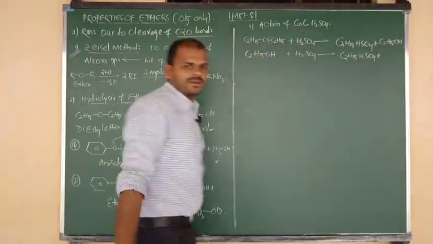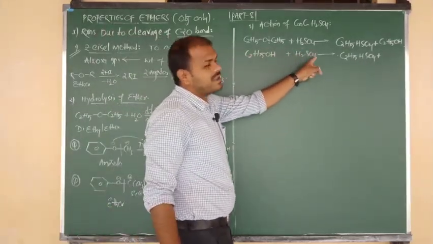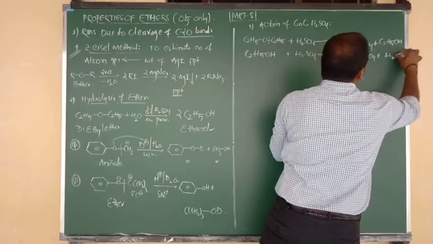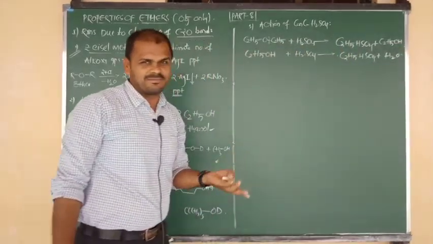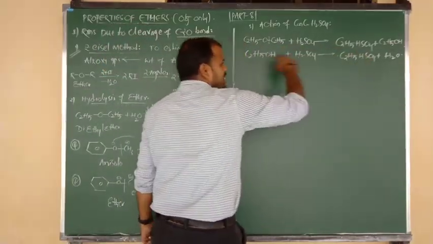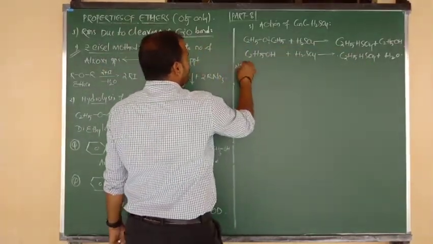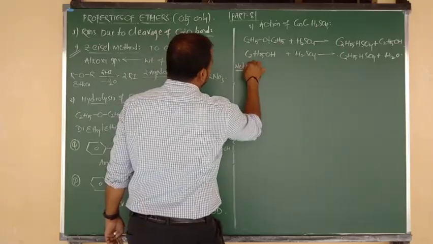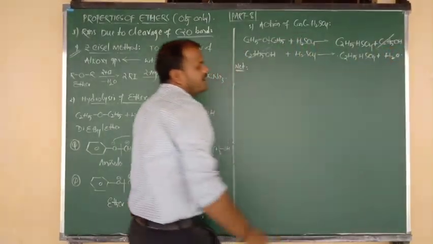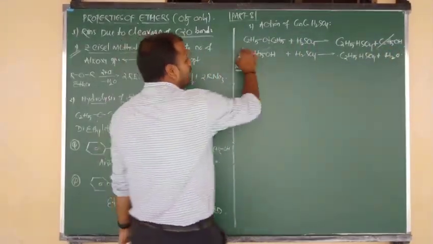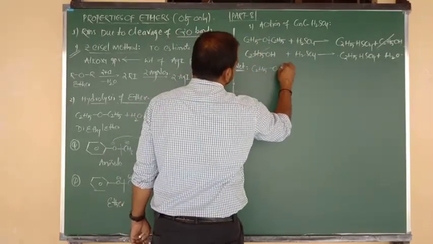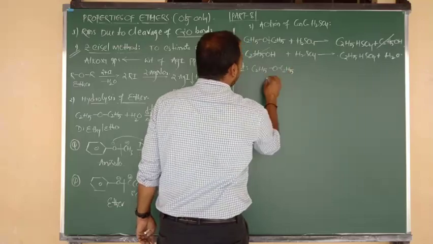What will be the product, beta? Ethyl hydrogen sulfate. So one H plus combines with OH minus and that is eliminated in the form of a water molecule. Simply we can say that it is a dehydration procedure. So step 1 reaction and step 2 reaction. Mixing both, here I want to write a net reaction. So ethyl alcohol gets cancelled, beta. Now remaining C2H5O C2H5, nothing but diethyl ether.